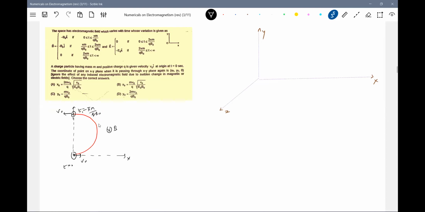So it's going to move in a circular path. It describes a semicircle. And what is R? R should be equal to m v naught by q b. After this, the field becomes minus b naught j cap, so the direction of the magnetic field will change. How to decide the direction? By Fleming's left-hand rule, with B bar and velocity, for a positive charge the force will be along the positive y-axis. So the particle will deviate, and there is only the magnetic field for half of the time period, so a semicircle. This is the x-axis, y-axis.